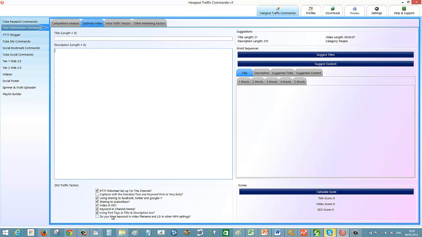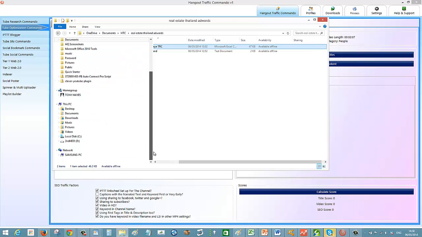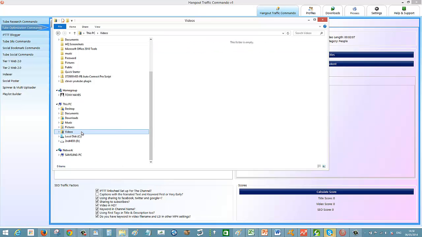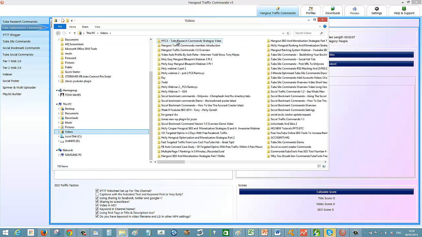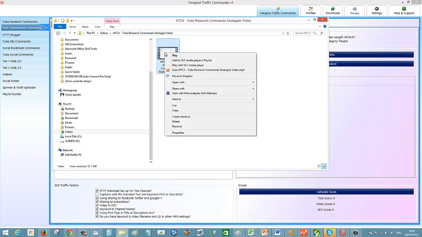Let's see, do we have video in the file name and other LSI and MP4 settings? What that means is when you've got a video saved on your hard drive. Let me just show you an example. I can come up here and I can go to videos. Let me just scroll down a little bit. I'm going to my videos here. And if I open up here, I've got a video file. Now if I right click on that video file and I click on the properties,